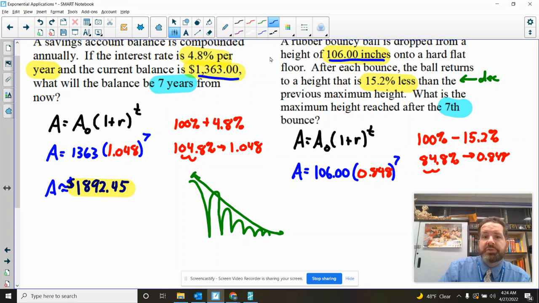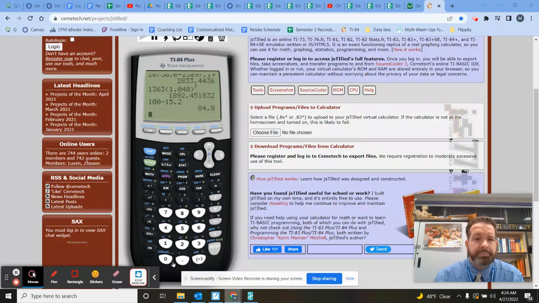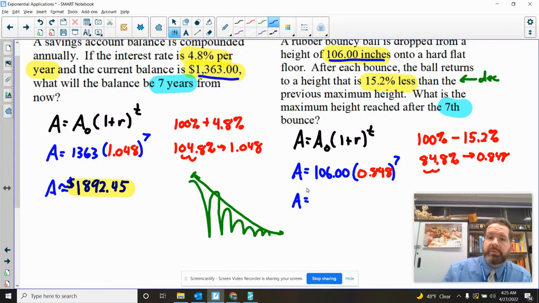Let's throw this now into a calculator, either Desmos or the handheld. So 106 inches for the starting height. The multiplier, 0.848. And we're going for 7 bounces. Now, if you're not sure where to round, just include all the decimals. I'm going to round to 2 decimal places, and I'll tell you why. So 33.4, because after the 2 is a 5, I'm going to round that up to 43. So 33.43